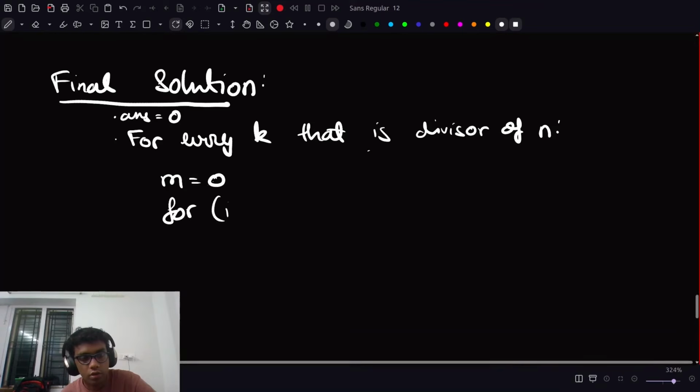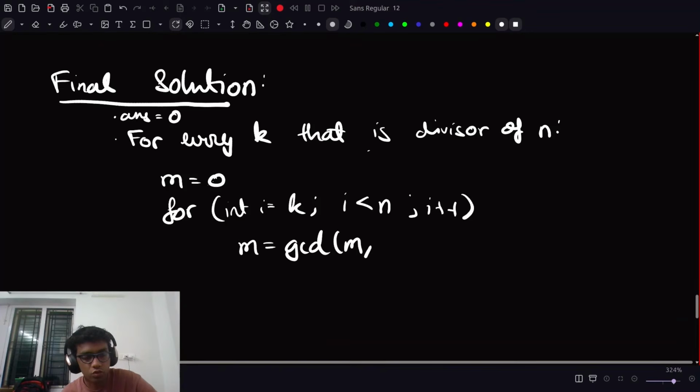Then for I goes from k till n, we can increment I, and we can say m is the GCD of m. GCD is an associative operator, so we can just do GCD of m repeatedly, and we get the same answer as the GCD of everything. That's why we're doing it. So we get m equals GCD of m and this new value which we found, the absolute difference of a i